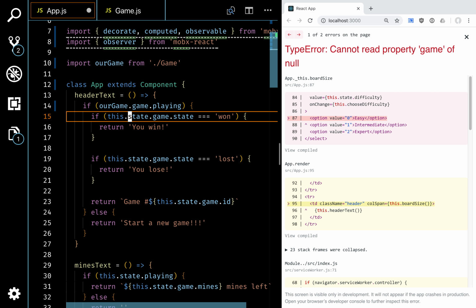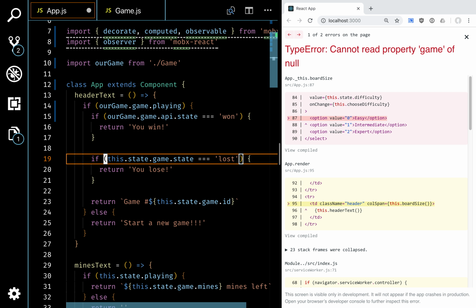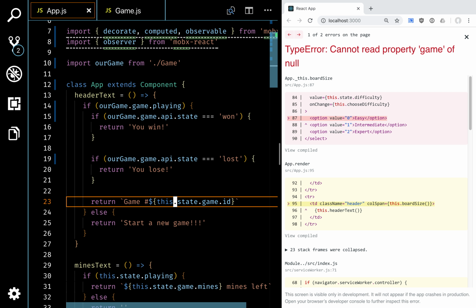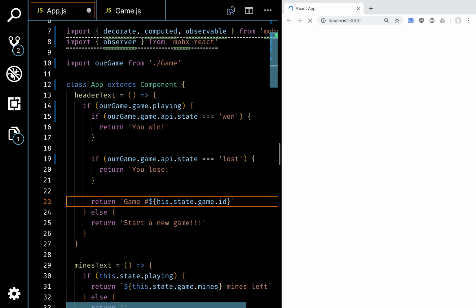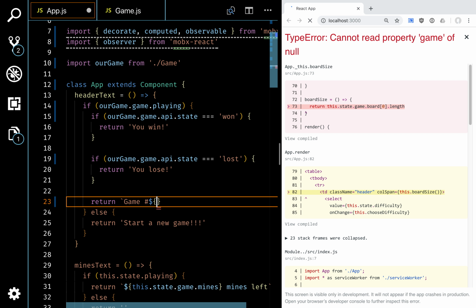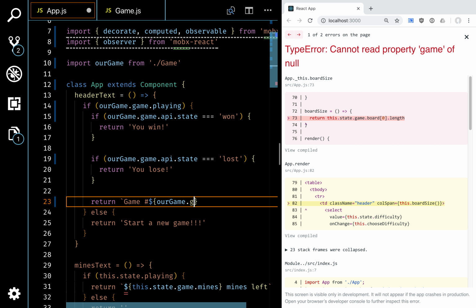If our game is playing, and if our game API state is 1, our game API state is lost. If our game API.id